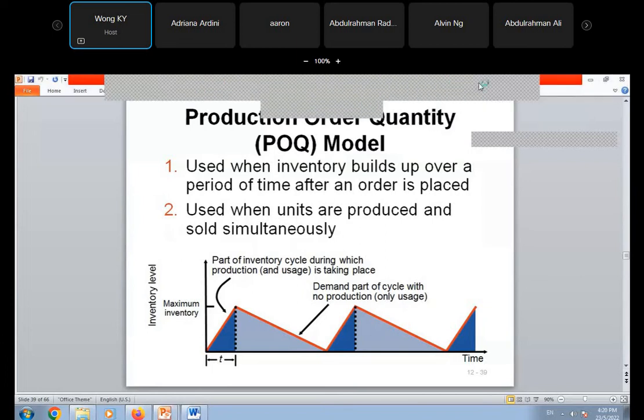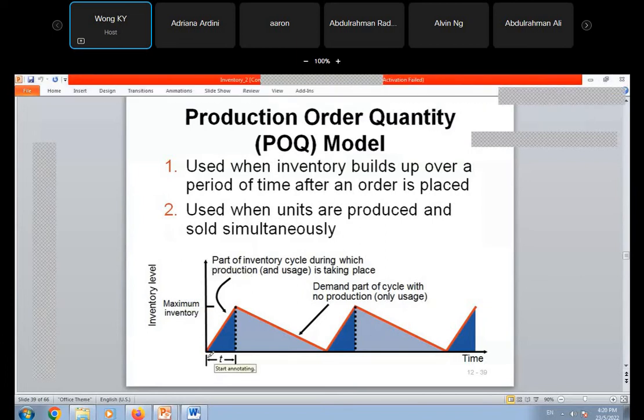So if you look at the inventory cycle for this POQ model, same thing: the y-axis is the inventory level, the x-axis is the time. So the inventory cycle will look something like this, in a triangle pattern. So let's start from here. At this point here, the company will start